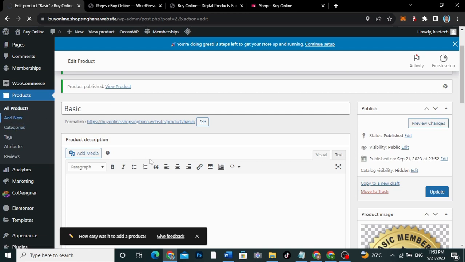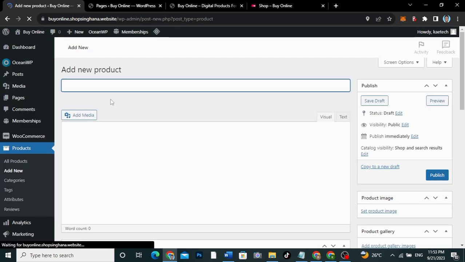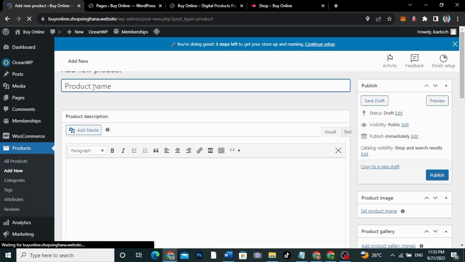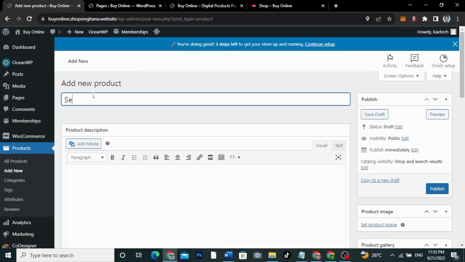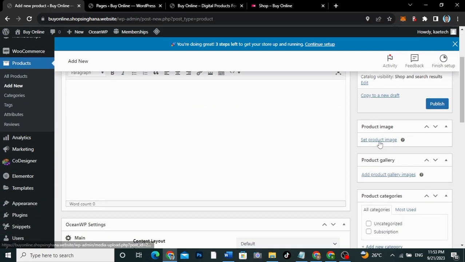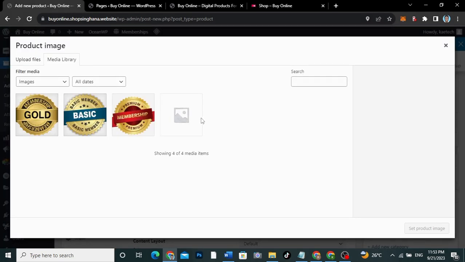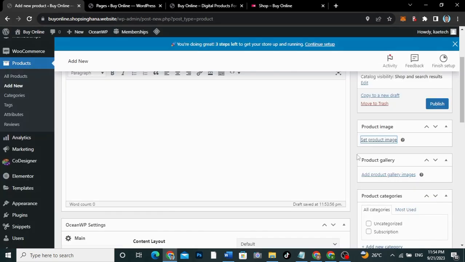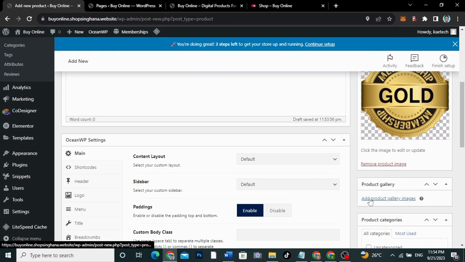Okay, so now that we've created this particular product, now we can go ahead and create our 2 new membership levels also in addition. So this particular membership level is called the semi-annual. Okay, so semi-annual plan. Okay, so I'm going to set the product image for it, and I'm going to go for gold. Okay, which is the semi-annual, and then it is